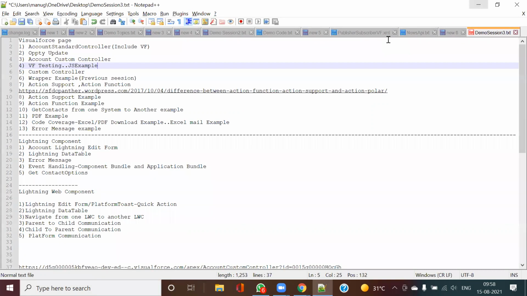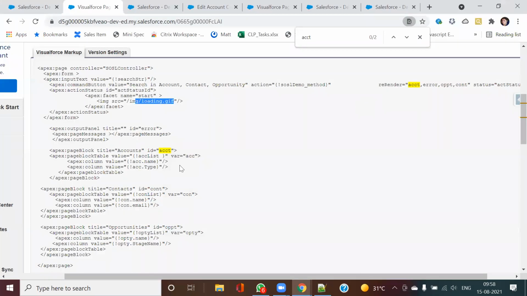Okay. So now, next thing that you will do: if you remember last session, we did one wrapper class example. So do you want me to explain that example now, after these VF pages, once again? I will not explain that class much in detail, but now I can show you that page. Shall I?